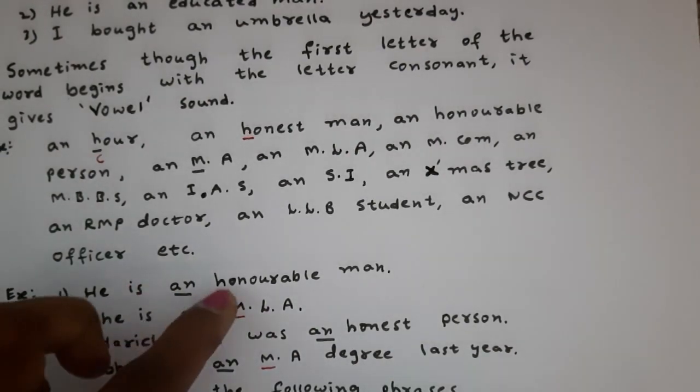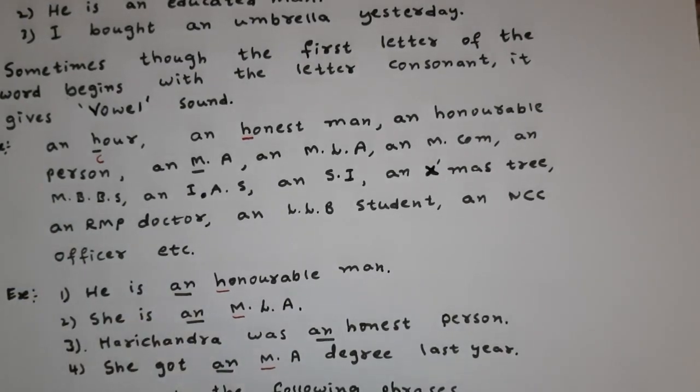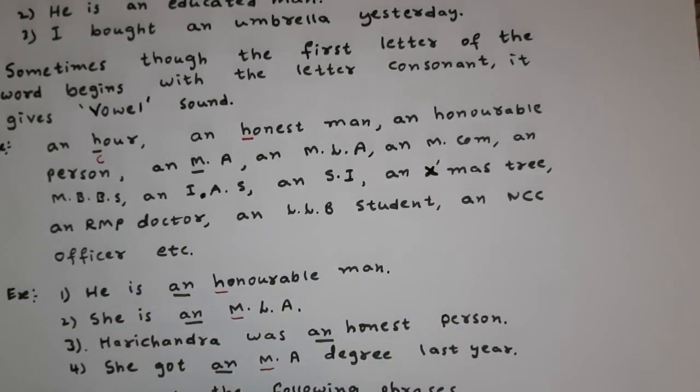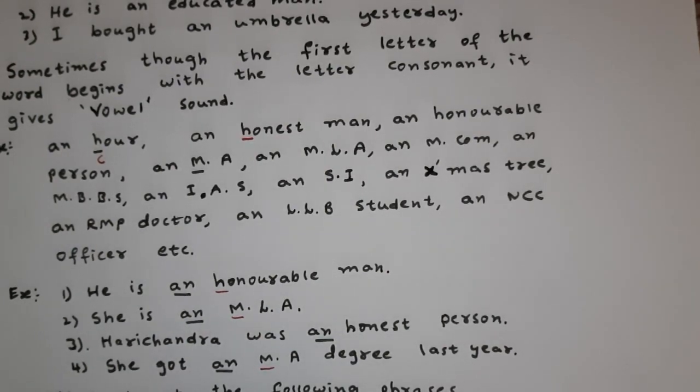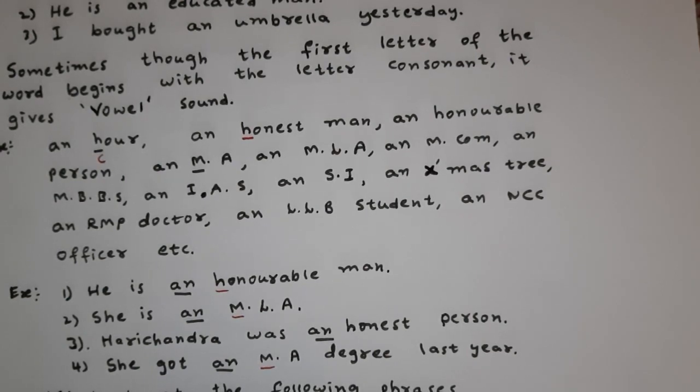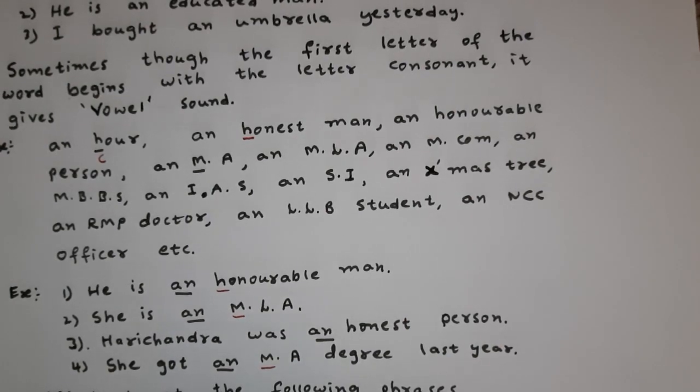And next, look at the following phrases. Actually, before a silent H, we use an. But here, when H is pronounced ha, then we can use a. For example, you pronounce it humble man. Now, how is it pronounced? Ha, humble man. Then we can use a. At this time, we should not use an. And here, you observe, humorous poem. Humorous means here actually ha. So we can use a humorous poem. And a historical monument.